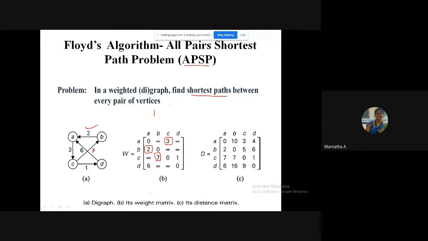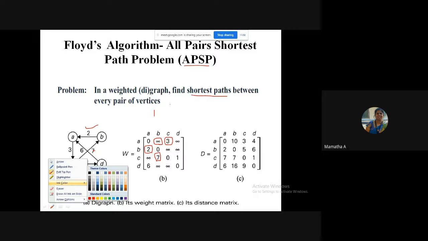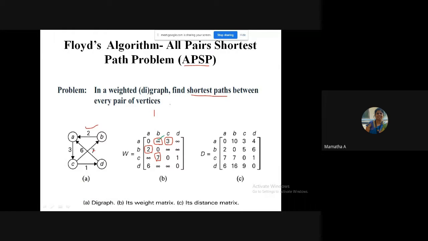No edge, what have we written? Students, what have we written if there is no edge? You can observe A to B, there is no edge. What have we written? Speak out. Infinity, ma'am. So we write infinity if there is no edge. If there is an edge, write its weight. If there is no edge, write infinity. Are you understanding?